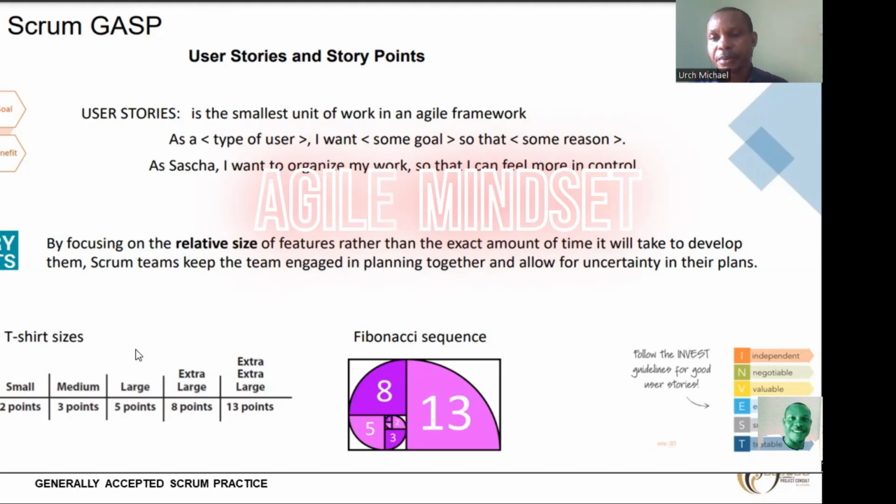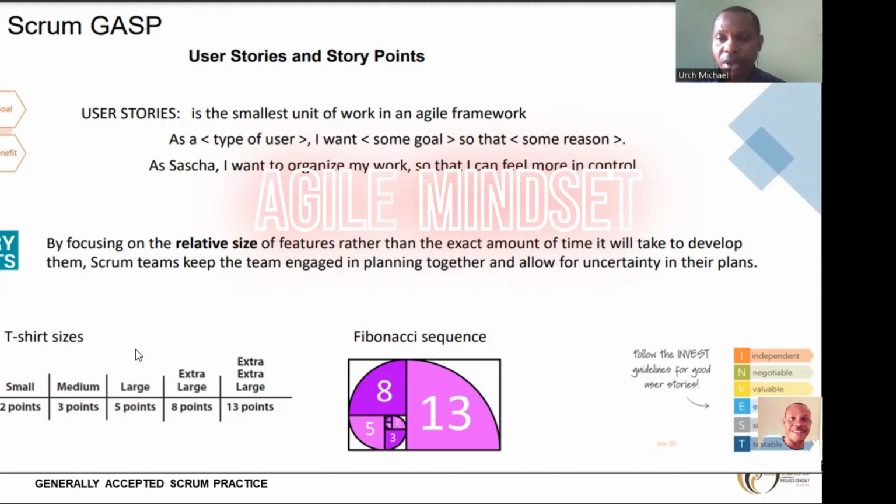All right, so also you have to follow the INVEST guidelines for good user stories. For you to get a good user story, the user story must be independent. It means that the feature you're talking about must be independent. It shouldn't be something that relates to another. Like if you're looking at the excavation of a foundation and the excavation of another foundation, you're talking of almost the same thing. They're not independent, so you cannot use them as different features. So they're just one feature. It has to be this feature and another different feature.